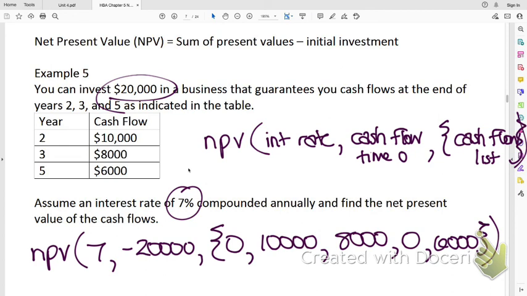All right. So let's see what we get back out of this in our calculator. That's actually kind of weird. Net present value is a negative number, therefore it is not a worthwhile investment. That's like saying